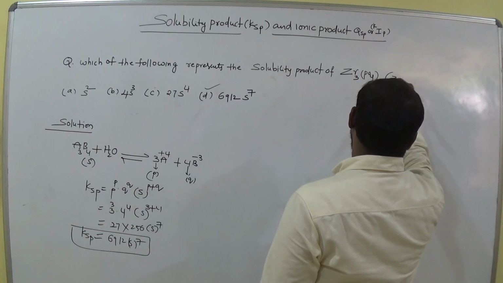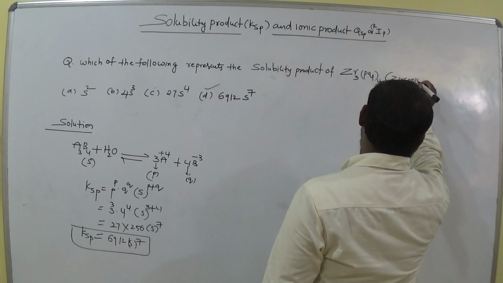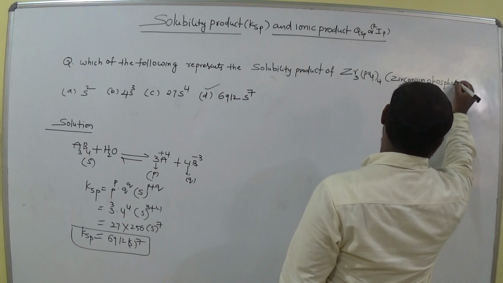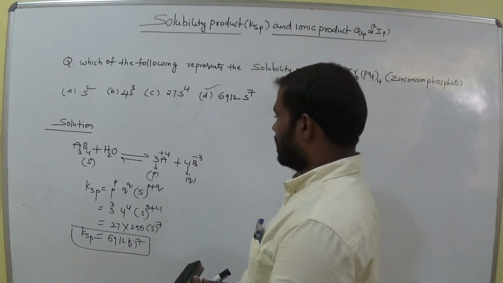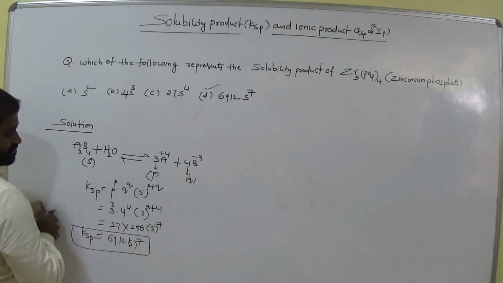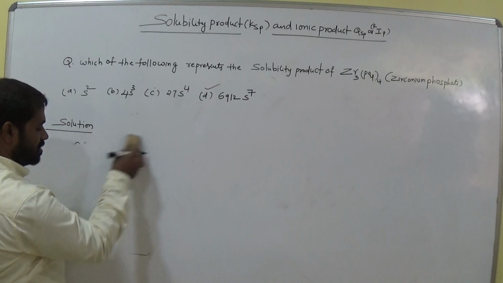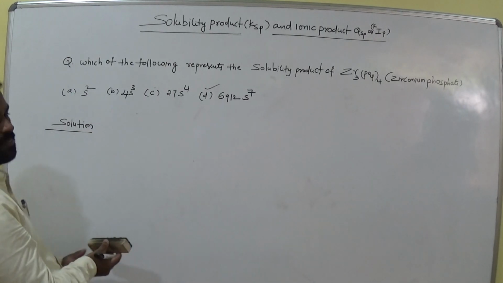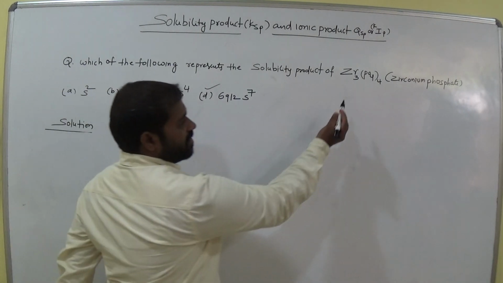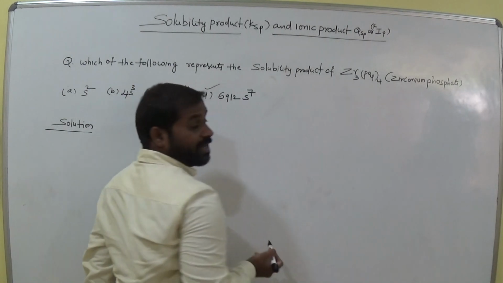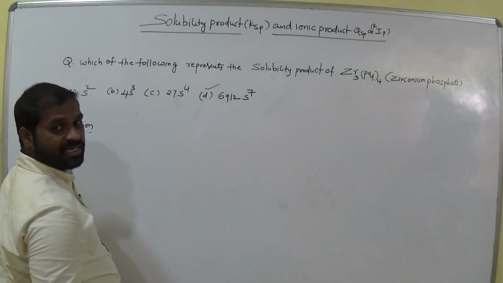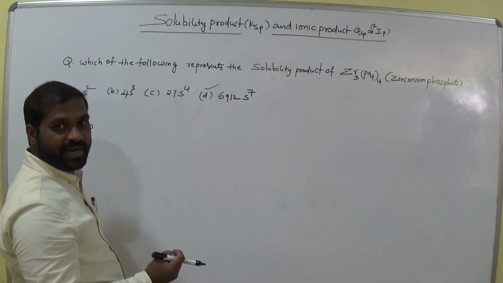We call it zirconium phosphate. Calculate Ksp for that given compound. Given compound, what is that? Which type of molecule is it clearly? A3B4, am I right? A3B4 means what is the expected answer? This one is the correct one. It takes 2 seconds, am I right?